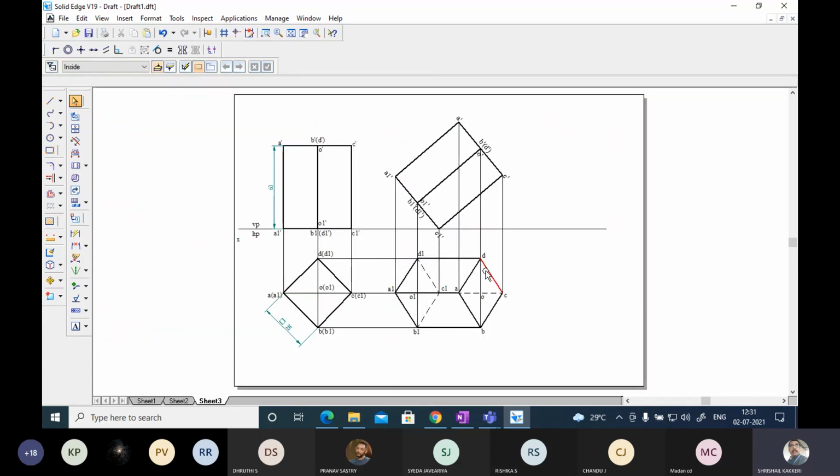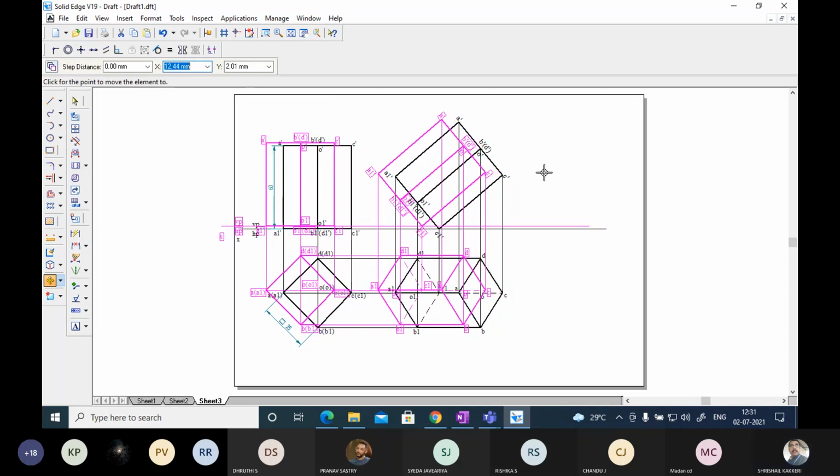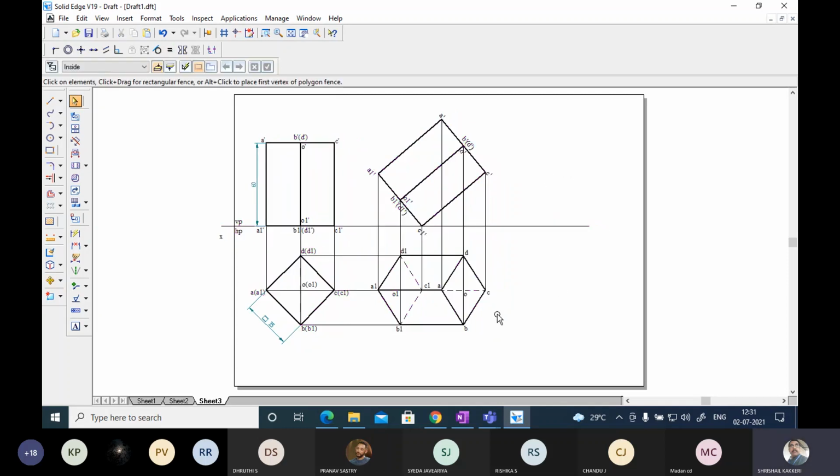Now next, you see, if you are not using properly, sometimes the figure will be going outside. You have to be very, very careful. Now what I am doing is hold Control A, and if you want, you can slightly move the whole object. You can slightly move the whole object, and this also, if you want to move, you can do it.